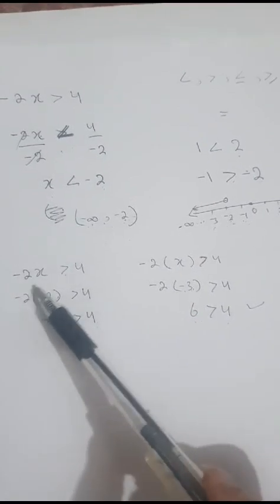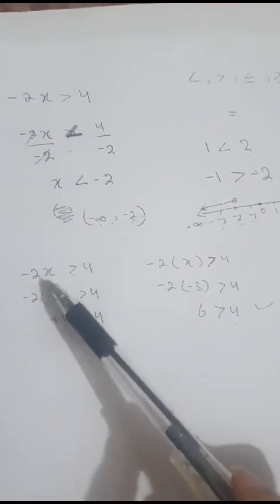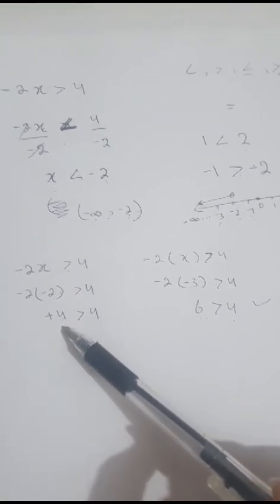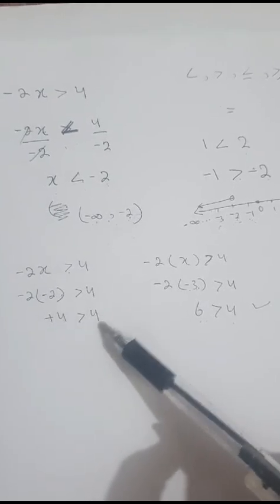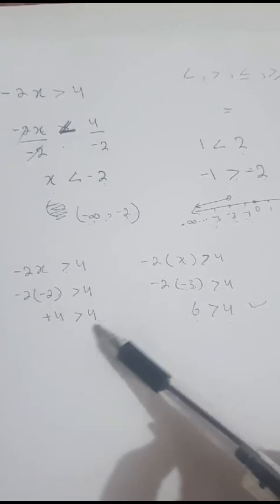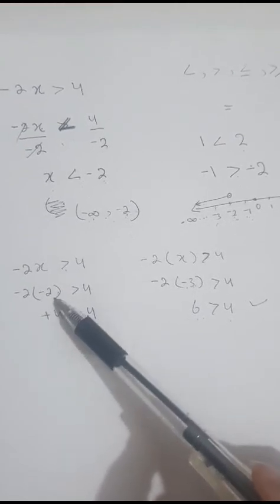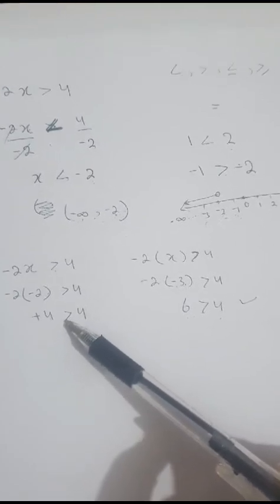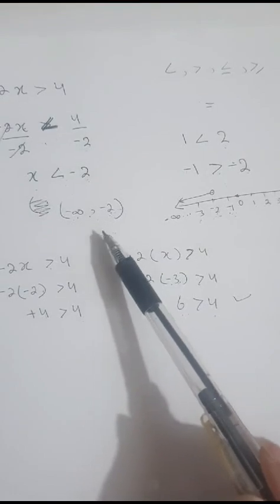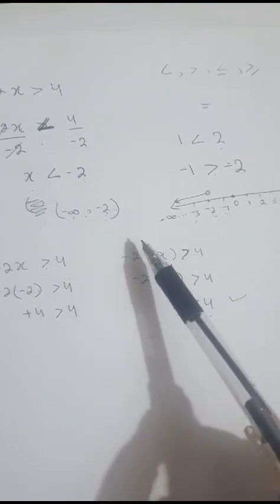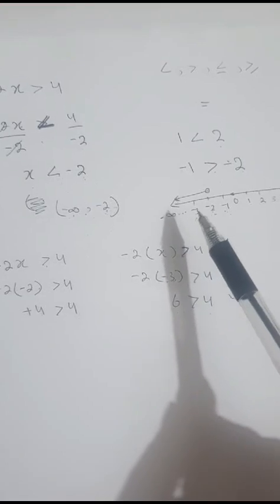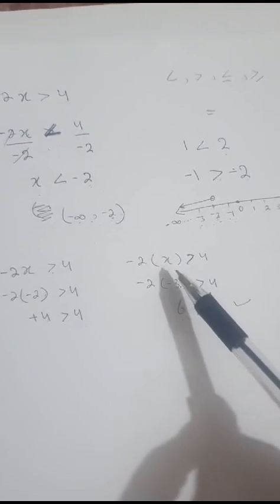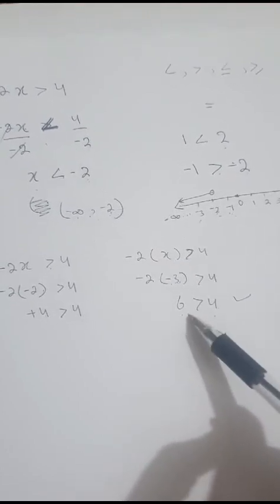Here we write the inequality and substitute x equals negative 2, and we get 4 is strictly greater than 4. It is not a true inequality. This number, negative 2, doesn't satisfy the inequality, so it is not a solution. But if we take any number in between this interval, it must satisfy the inequality. Let us take another number from this interval, negative 3. When we substitute negative 3 in this inequality, we will see that it must satisfy